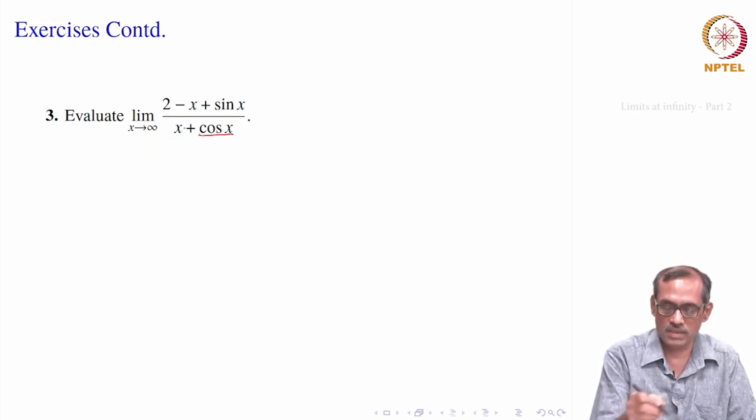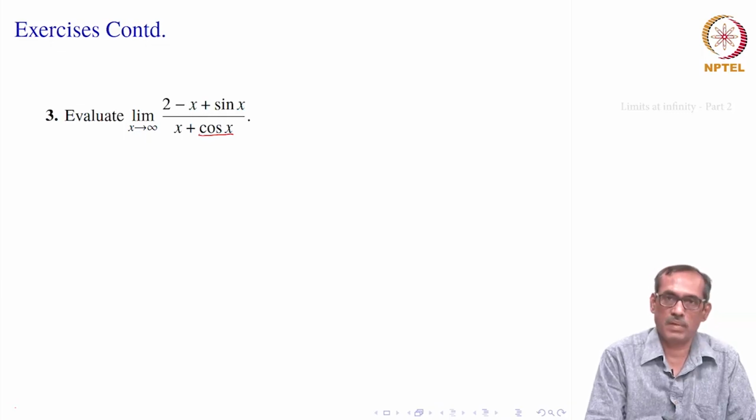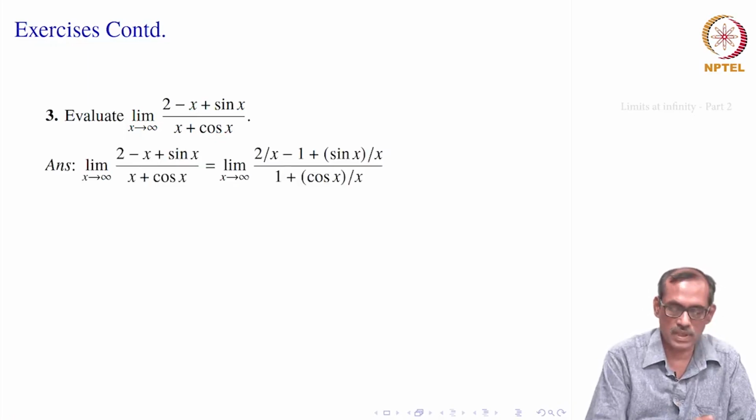So, it will be behaving just like minus x. So, that means it is minus infinity on the top and infinity on the bottom. That may happen to be minus 1, that can be minus something, that can be 0, it can be anything, but it can't be positive, that is what it says initially. When you just inspect it, it looks something like that. Okay, let us see how to proceed.